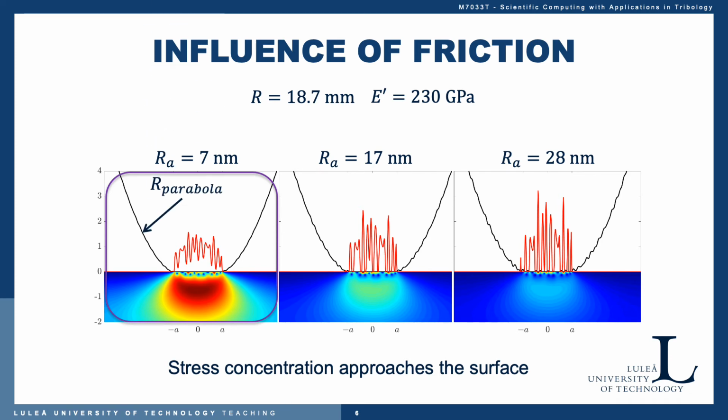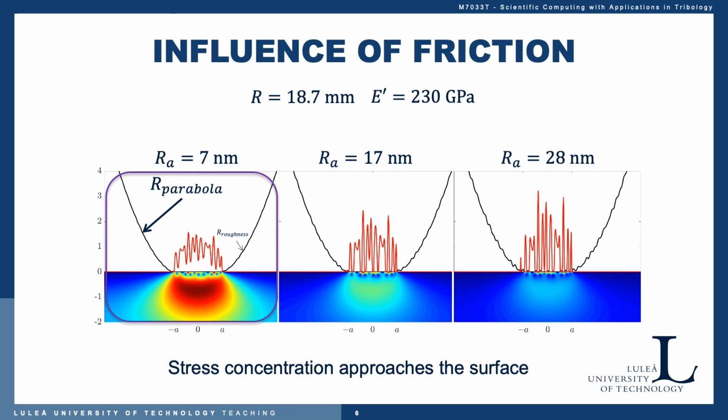So we have the parabolic profile, and then we have added some roughness on top of that. Due to the parabolic profile, we see that there is still a maximum at half of a Hertzian contact radius beneath the surface, but due to all the small asperities contacting that half space, we get